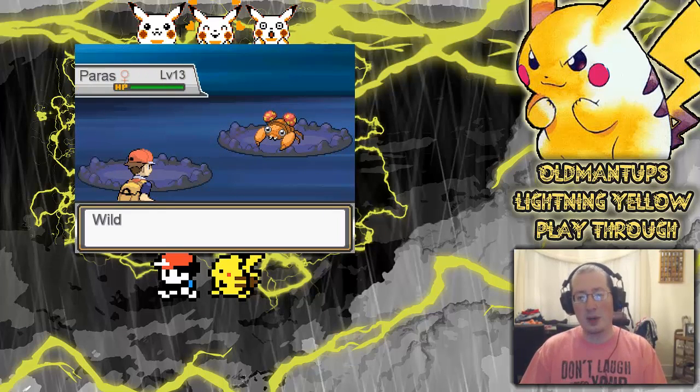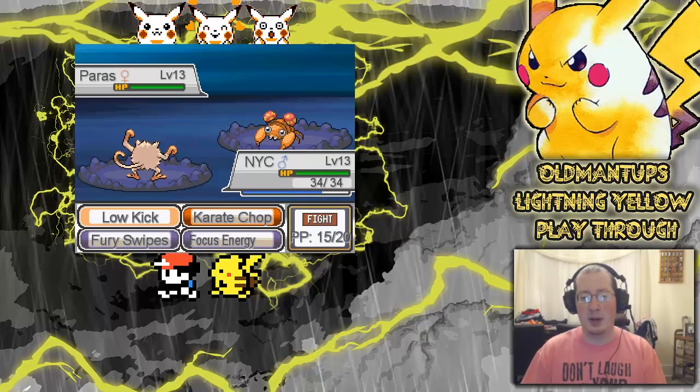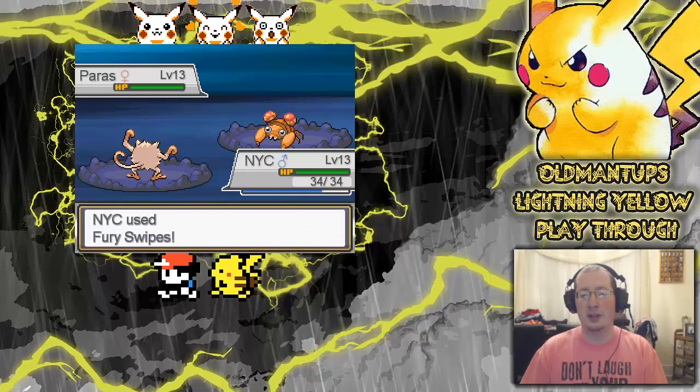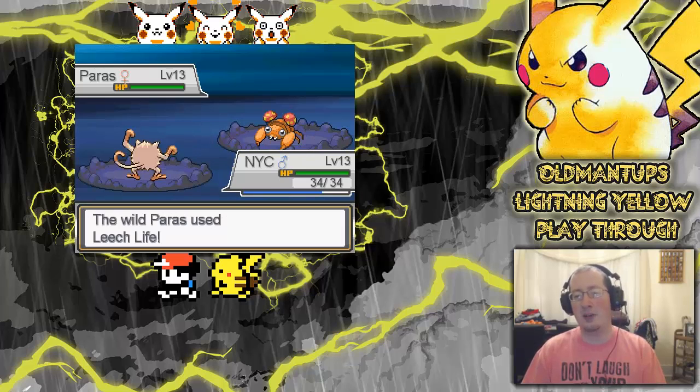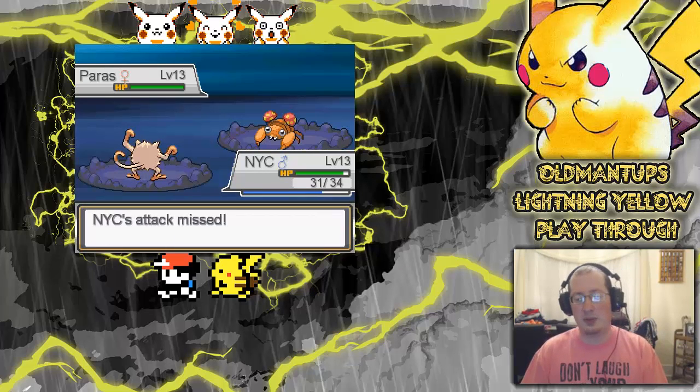A Paras? What? Where has this thing been my whole life? And of course it waits till I switch this thing to the front of the party, which is going to resist my fighting type attacks, because it's Bug Grass. Let's just go ahead and miss the Fury Swipes. Might as well. We don't have anything left to heal our Pokemon with, so let's just let them inflict as much freaking damage as possible. Thank you. Oh, we're gonna miss another Fury Swipes. Of course. Why did we keep the move that had...